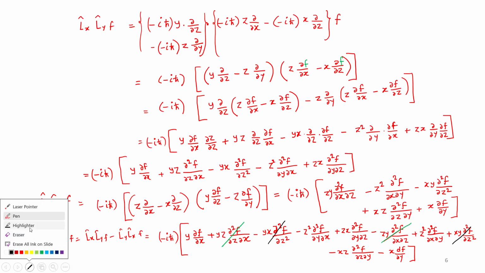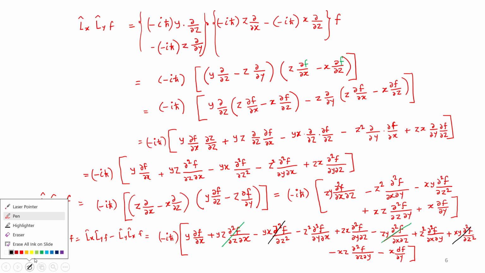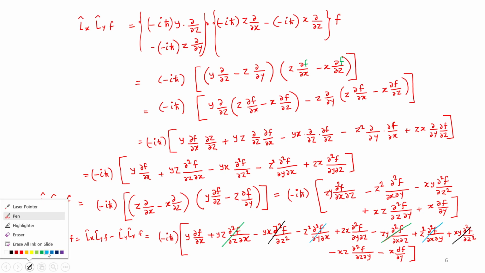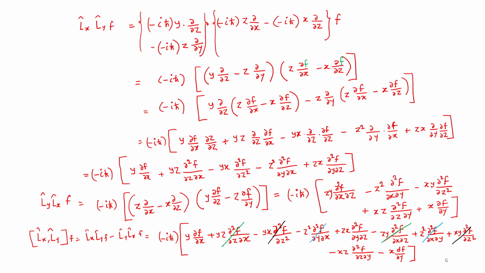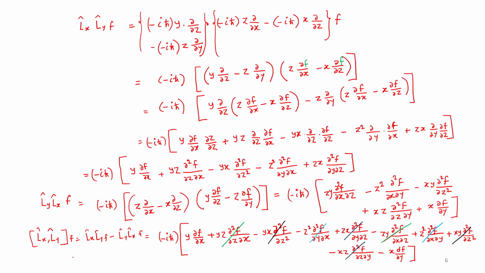Then with another color, z² ∂²f/∂y∂x. So these two are going to cut. Now as you can see, the last one, zx ∂²f/∂y∂z, these are going to cut. But these two terms are going to remain as they are. So we'll write down what they are. So what we got is